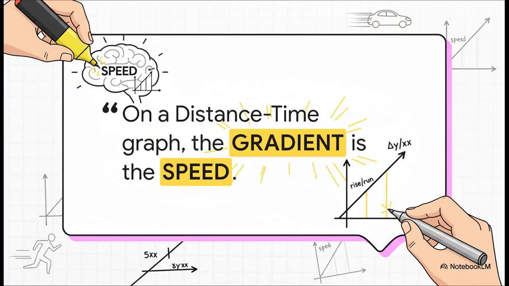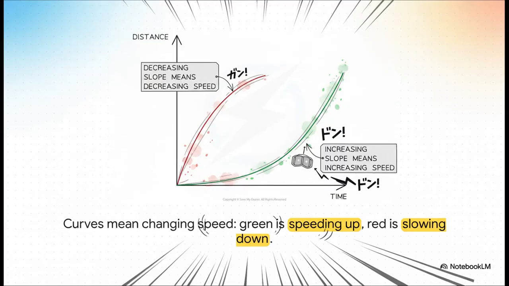On a distance-time graph, the gradient of the line is the speed. If you can calculate that gradient, that's the rise over the run, you have found the speed. This is a classic exam question every single time. So what about curves? Well, a straight line means your speed is constant, but a curve means your speed is